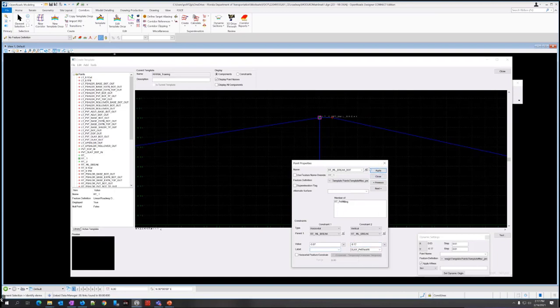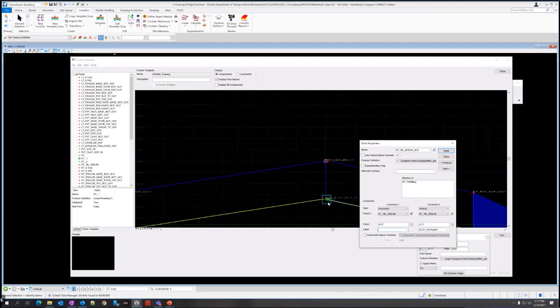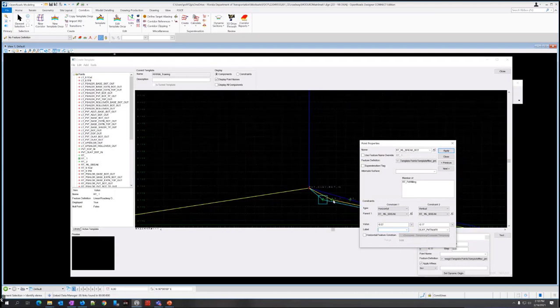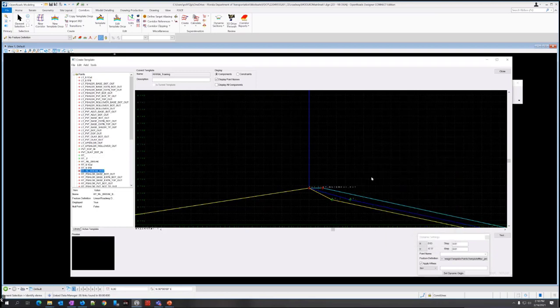Again, it doesn't look like it makes a difference, but it will. So if you watch what it does here when I click apply, see it bumps it up. So it's exactly 2 inches, I guess, below that. Okay, that one looks good. I'm just going to close that.